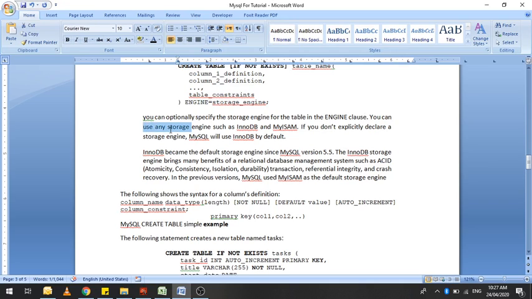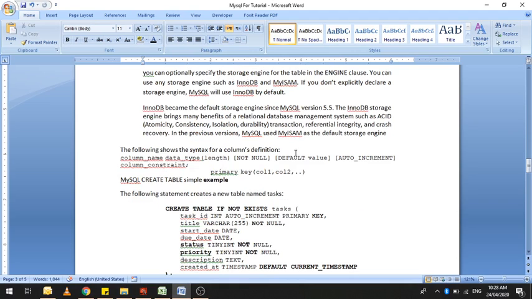There are many engines available, such as InnoDB, MyISAM. If you do not explicitly declare a storage engine, MySQL will use InnoDB as the default storage engine. InnoDB became the default storage engine